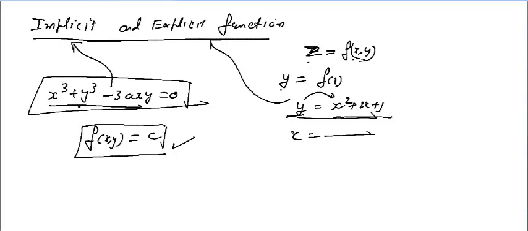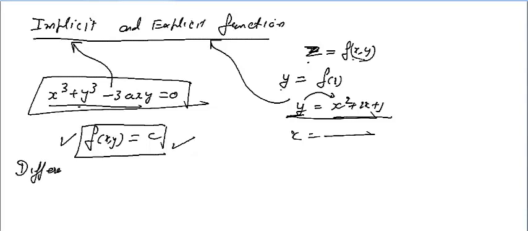So if you have such an implicit function, how will you find the derivative of one variable with respect to the other? Now it is very interesting. So we are going to discuss now the differentiation of an implicit function. I hope it is clear to all. If you have any doubt, you can raise your hand. Otherwise, I will understand you are very clear about whatever I am discussing.